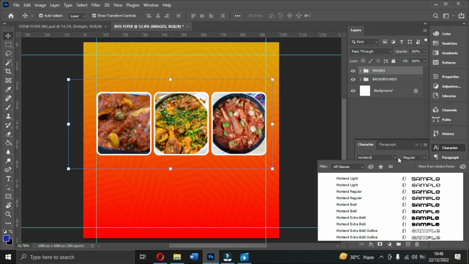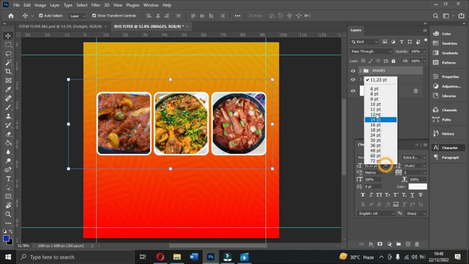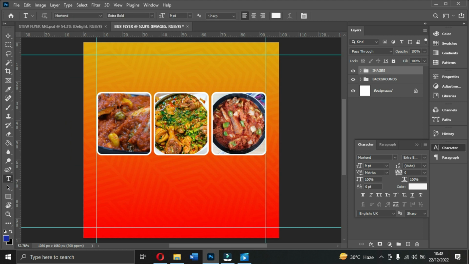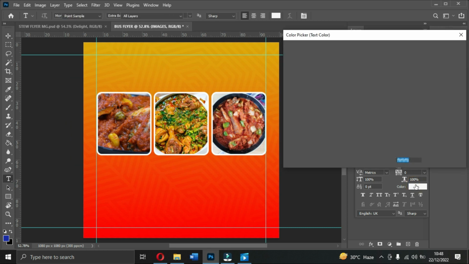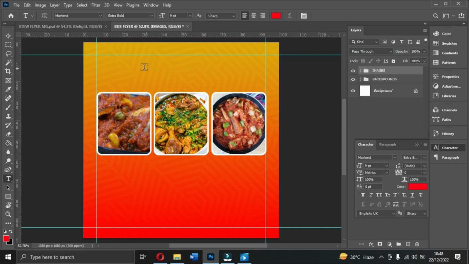Now with the Montserrat we are using the extra bold. Okay, we are using the extra bold. Then I think we are going for 9. All right, then let's change the color. Let's type to black. Okay, let me pick the color here, which is, then I needed something black or something red. Okay, this is okay, and then let me type